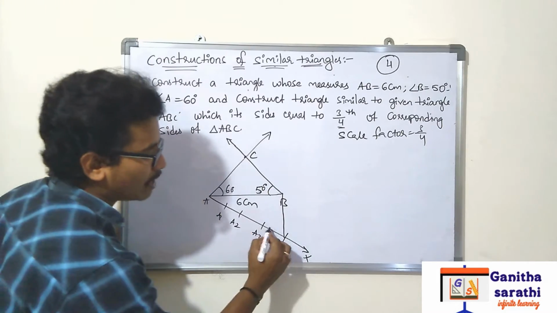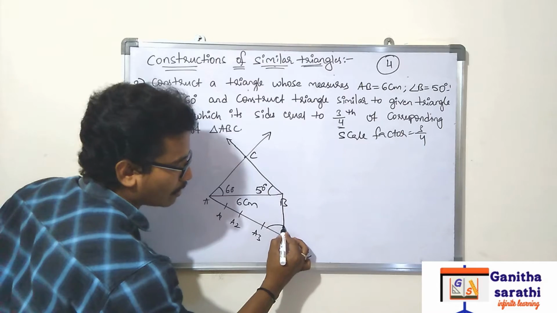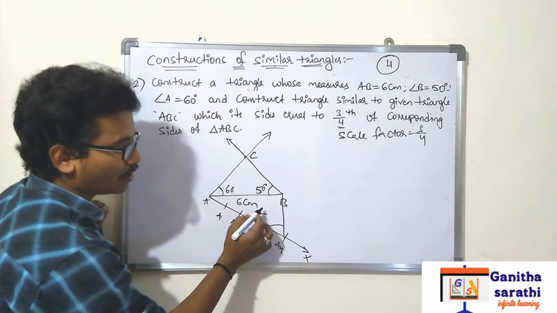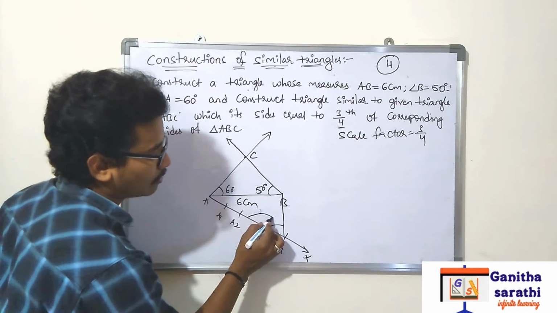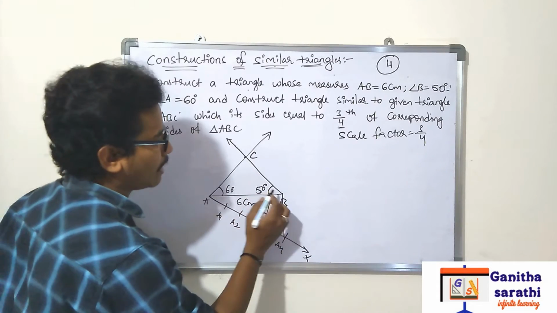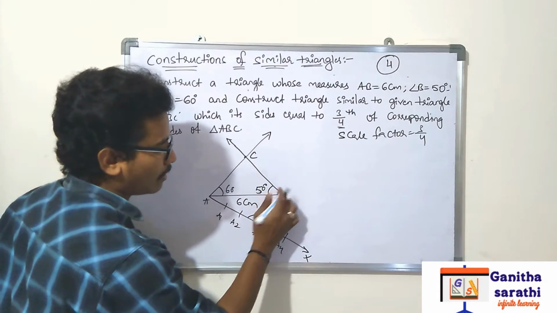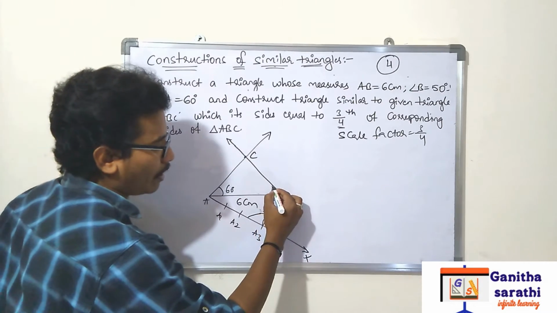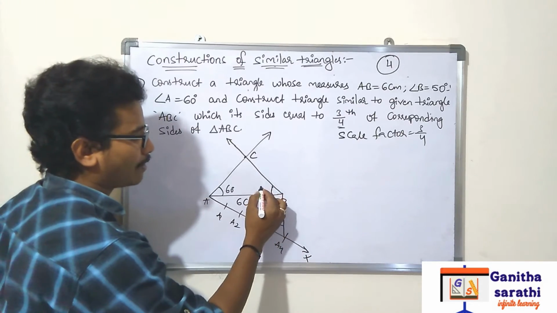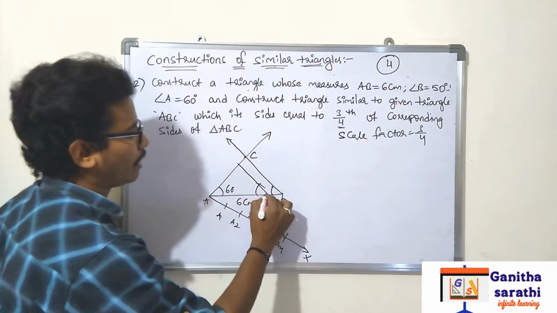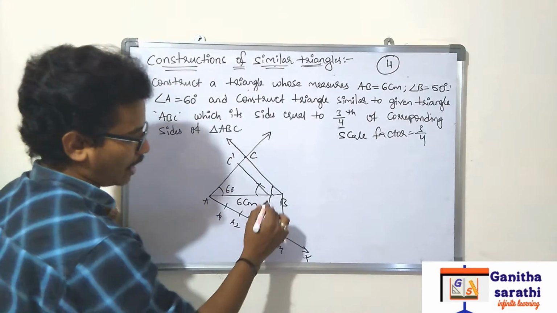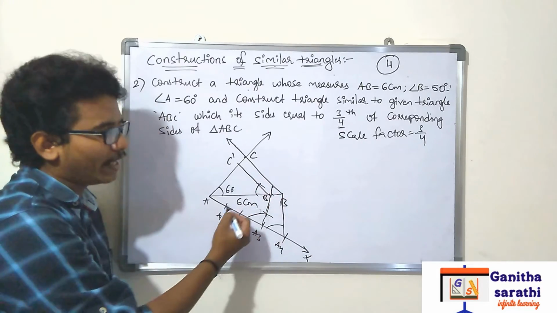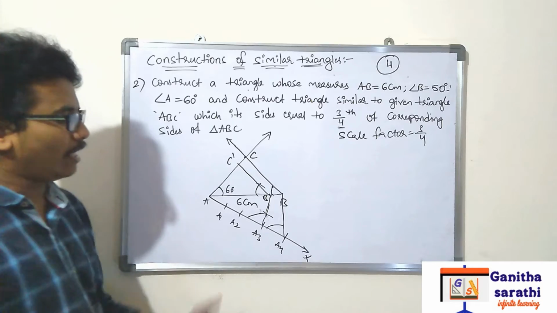Now same, take a compass, put the pointer at A4 and make some measurement. Take the same measurement at pointer 3, like this it will come, and measure this one. You will get an arc and intersect like this, and the same process repeats. You will draw an arc here, same arc with the pointer, and draw an arc. You will get a similar triangle like this. Okay, this will be C dash and this will be B dash. So if the scale factor is 3 by 4, our similar triangle is inside our original triangle like this.